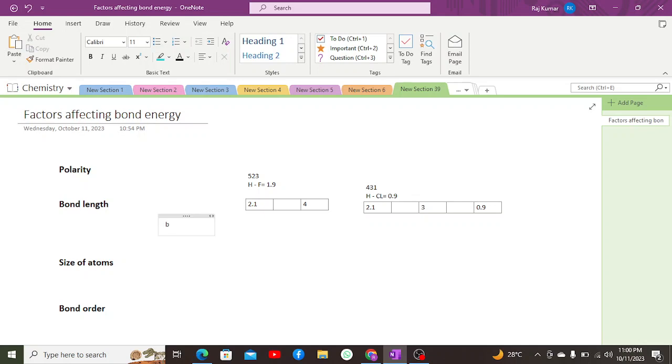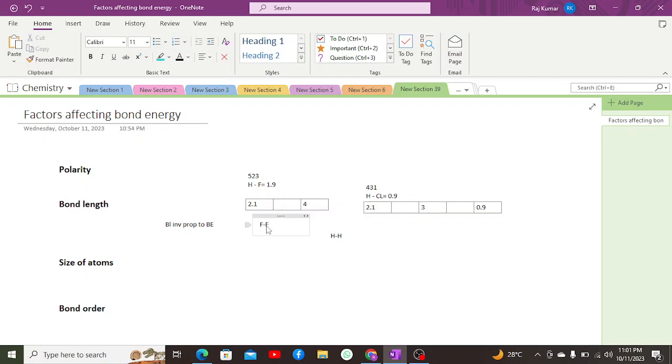So we can say that bond energy is inversely proportional to bond length. An example of this is fluorine. Suppose we have fluorine and fluorine, and hydrogen and hydrogen. Here, fluorine and fluorine has a high bond length,